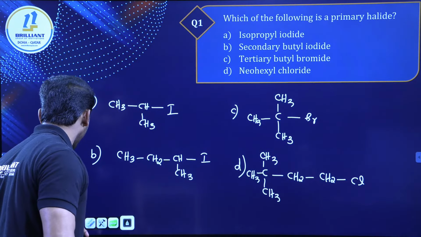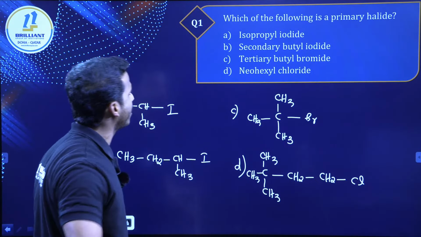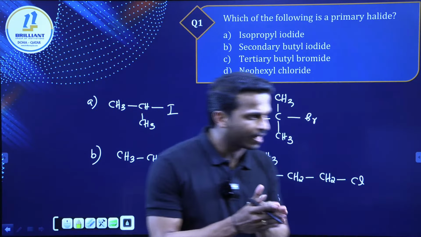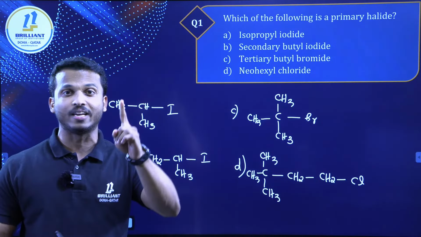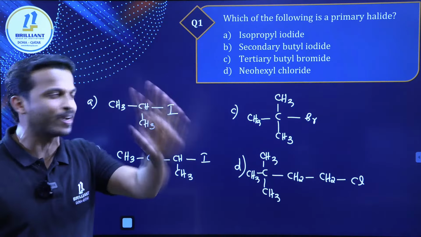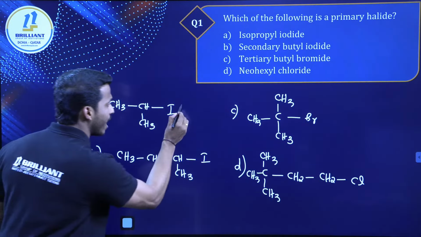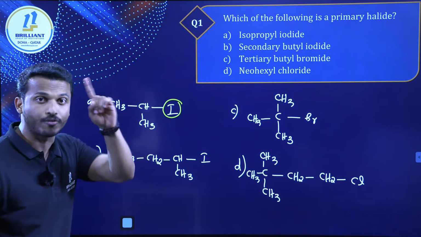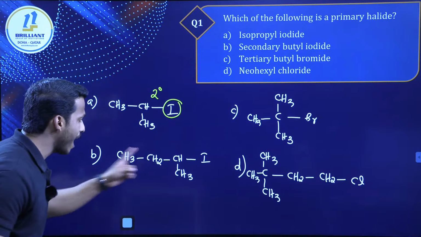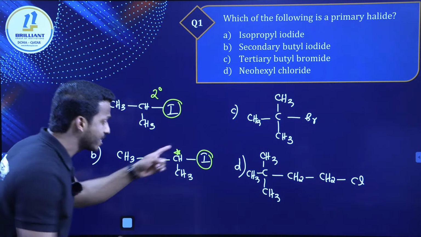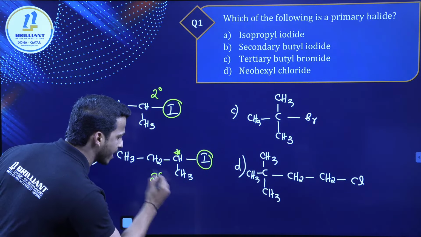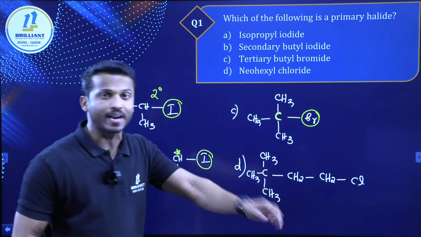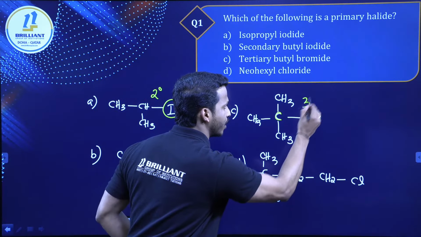Here we want to know which is a primary alkyl halide. I'm waiting for your answer. Yes, Karthi, Aditi, all of you have given option D. Let me check it once again. What is primary, dear all? Here with iodine, the halogen-connected carbon is directly connected to 2 carbons, therefore it is secondary. Here the halogen-connected carbon is directly connected to 2 carbons, so it is also secondary. Whereas this halogen-connected carbon is directly connected to 3 carbons. This is tertiary, dear all.